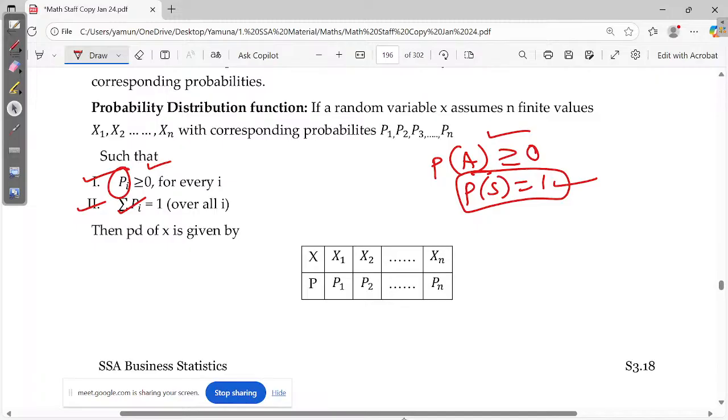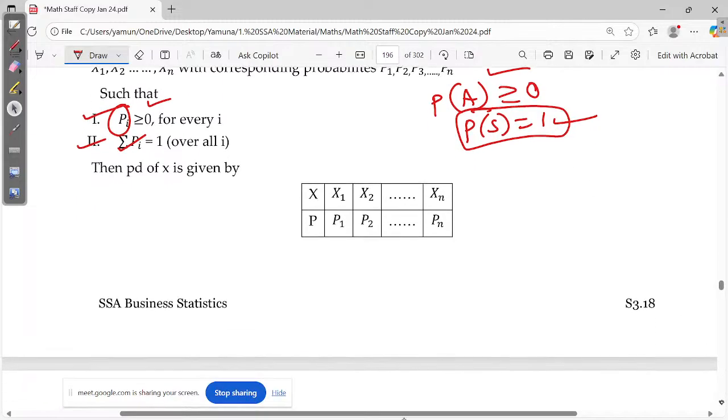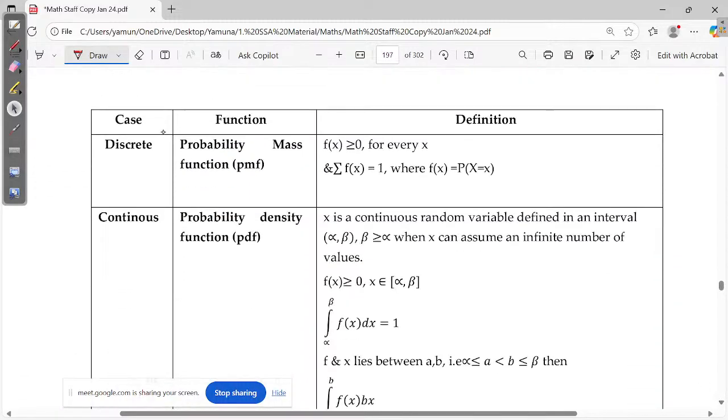இது வந்து எதுக்கு? Probability distribution function. Okay. இத நம்ம discrete angle ல பார்த்தா, please make a note. This is a very, very important table. If you talk in discrete angle, you call this probability mass function, in short PMF. If you call it in continuous angle, you call this probability density function, PDF.